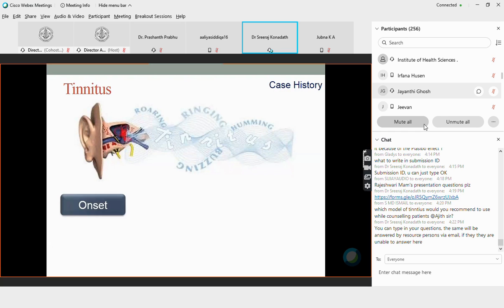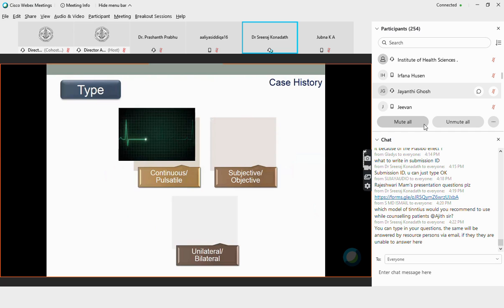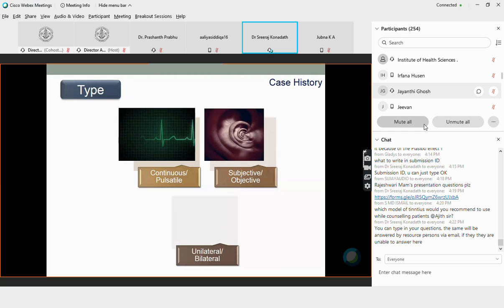And now again, continuing with case history, you have to find out about the onset of tinnitus, since when tinnitus is present, the duration of tinnitus, the location of tinnitus, what the type of tinnitus is, whether it is continuous or pulsatile. Generally, pulsatile tinnitus is a form of objective tinnitus, and it is generally due to blood circulation noise or breathing noises or the like. And subjective versus objective tinnitus, the difference is as Dr. Rajeshwari told: subjective tinnitus is when only you perceive the tinnitus, and objective tinnitus is when somebody else is also able to hear the tinnitus when they come closer to your ear.